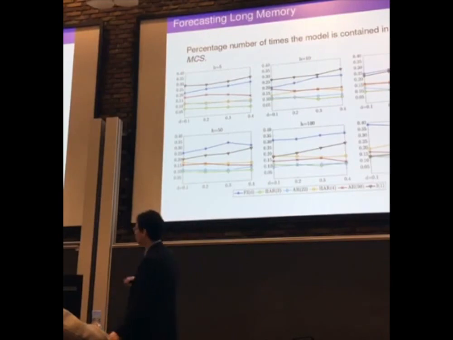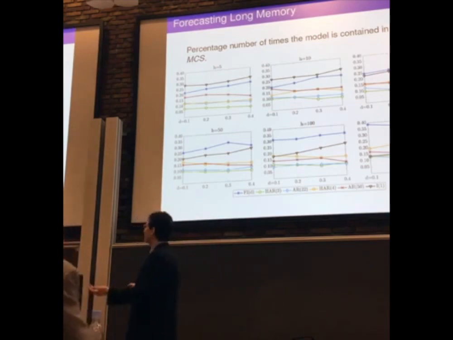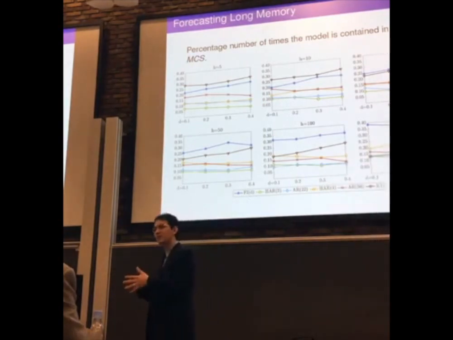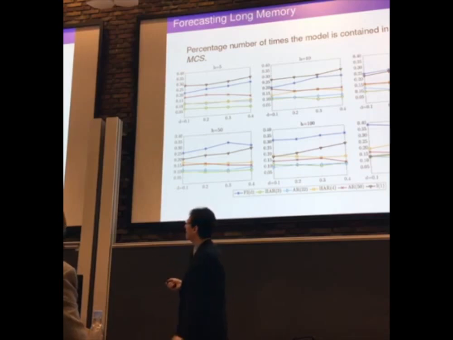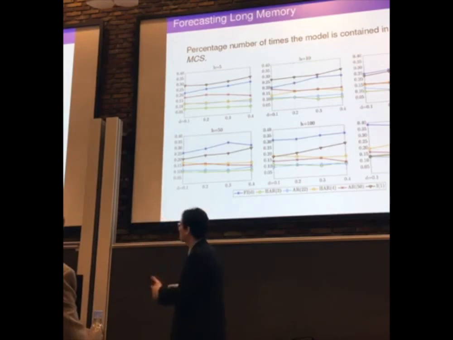So we can notice right away the fractional differencing is the second preferred. It turns out that just the I1 process, so just leaving the last value as a forecast, works well enough for 5 periods, even 10 periods. So it's a good forecast. Sadly, we want to build a big model with a bunch of dynamics to try to forecast best, and it turns out that just given the last value, sometimes it's the best forecast, and that's the case here for 5 periods, even 10. But as we increase the forecast horizon, that's when the long memory, I would say, the fractional differencing starts to give the gains.